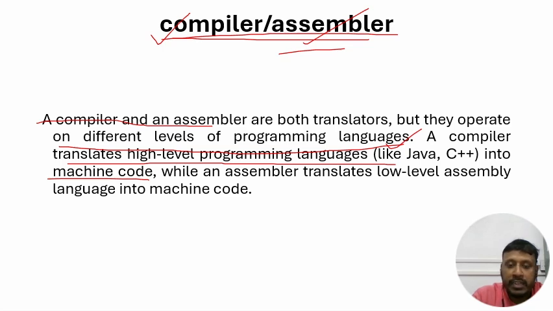The abstraction level of a compiler is very high and of an assembler is very low. Translation speed: in the case of a compiler, the translation process is slower compared to the assembler. Output file type: in both cases, the output file type is executable code or object code, the binary machine code. If we compare the error handling,